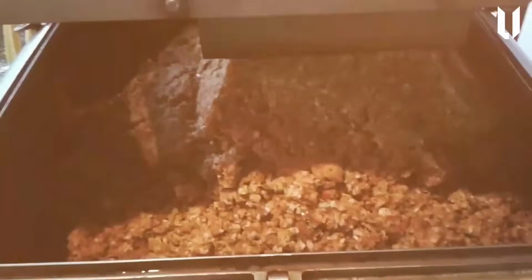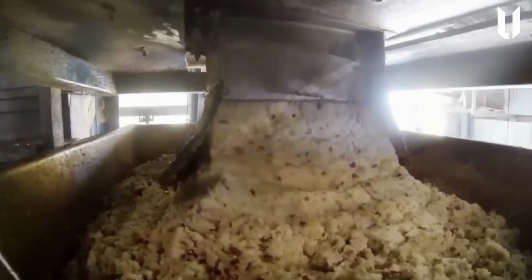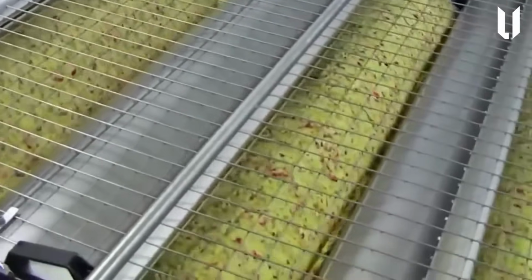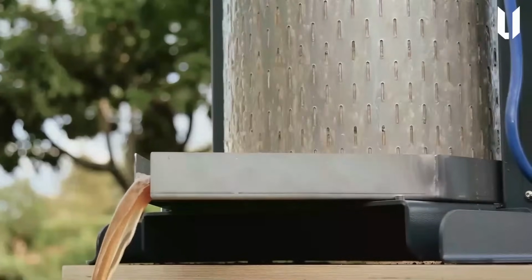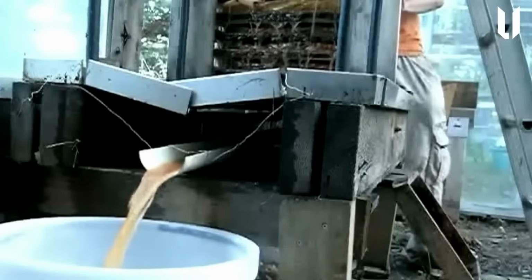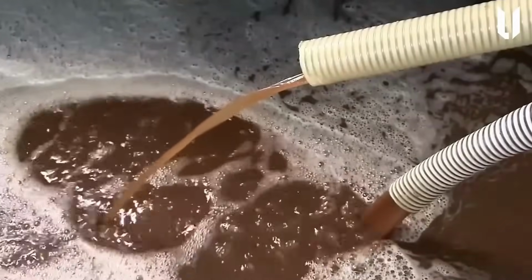This pulp is pressed to extract the juice, separating it from the solids like seeds and skin. The extracted juice is filtered to remove impurities and achieve a smooth consistency. To preserve freshness and eliminate bacteria, the juice undergoes pasteurization, a heating process that extends its shelf life without compromising